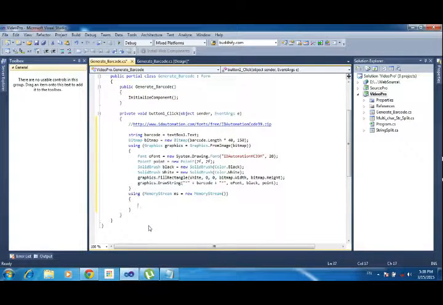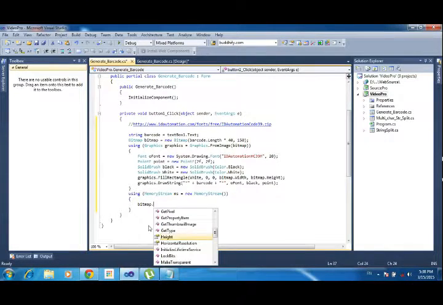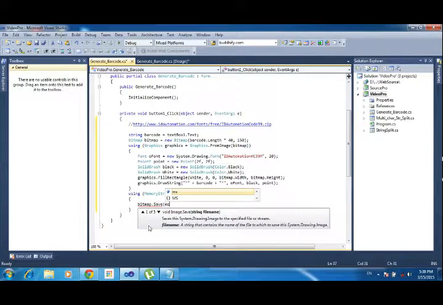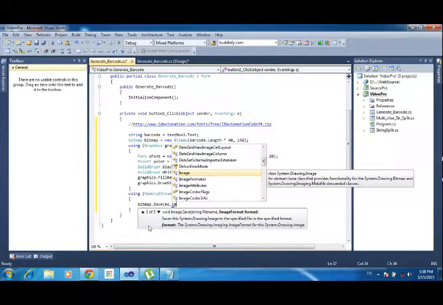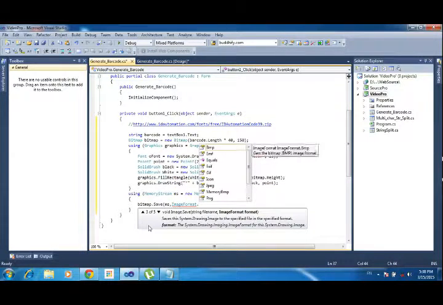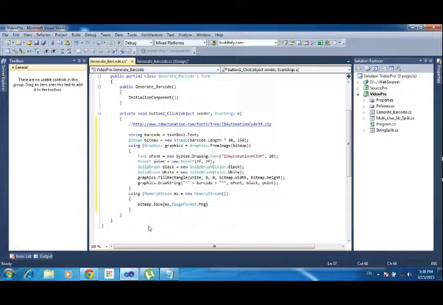Here bitmap dot save ms comma I am declaring the image format, ImageFormat dot png, or any format can be declared here. Here I am using png.